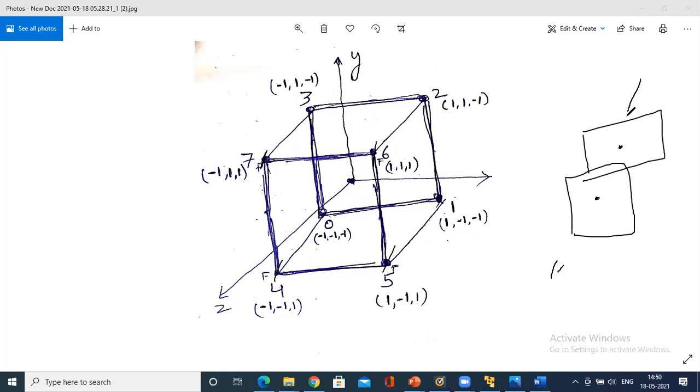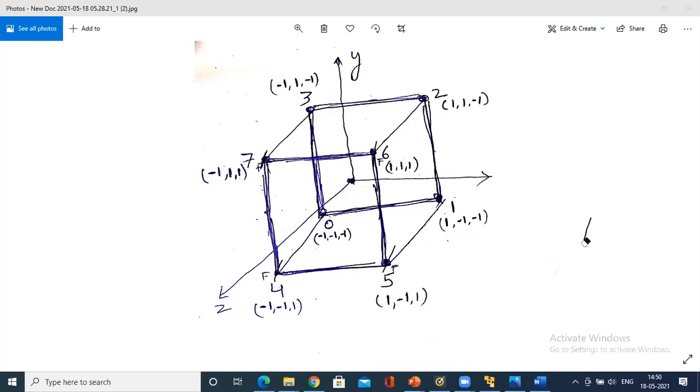If I make a hole through this face, the coordinate axis will pass through the middle of it. This is the x-axis, this is the y-axis, this is the z-axis. Similarly for this face. So z-axis is the near and far concept.